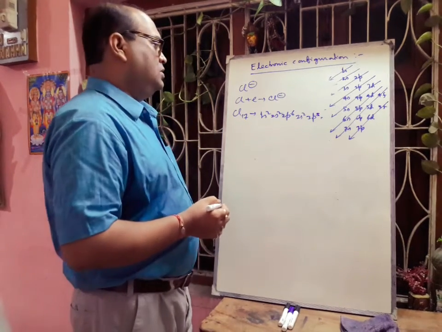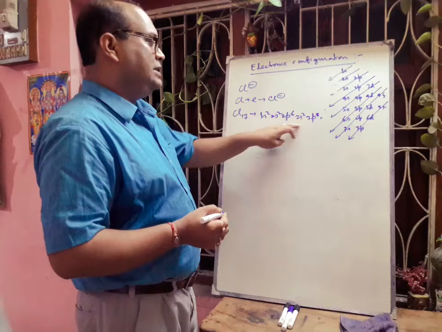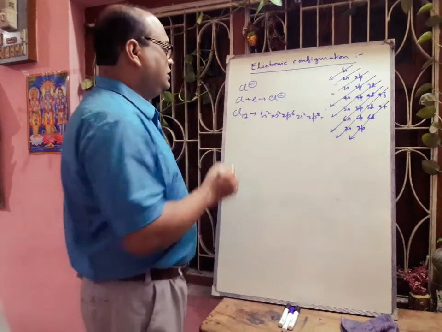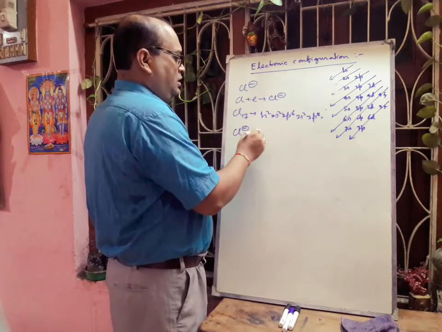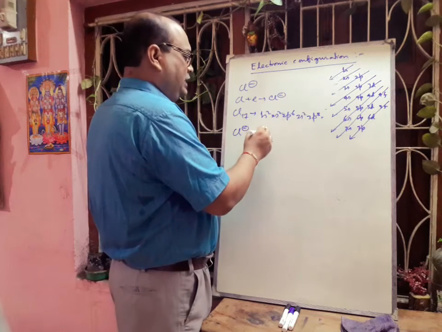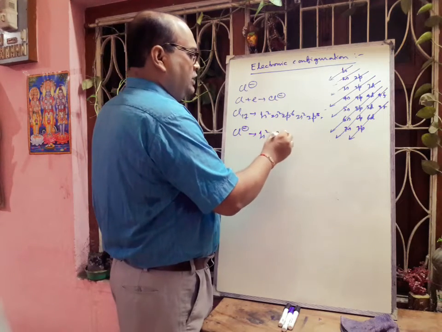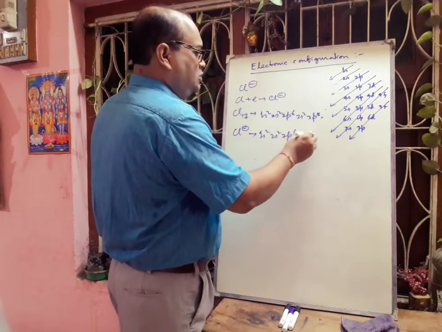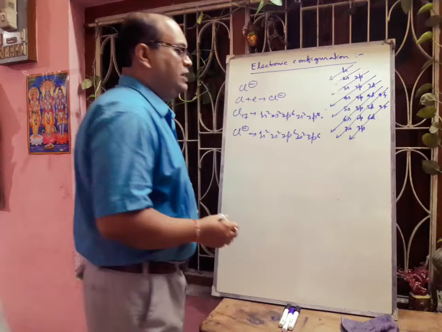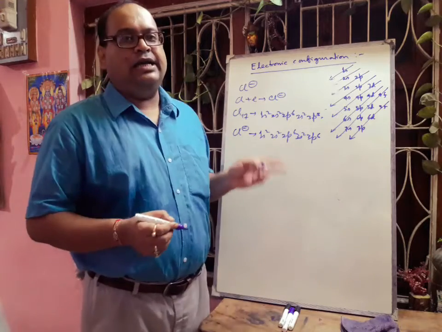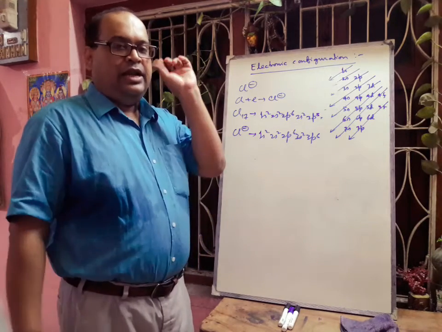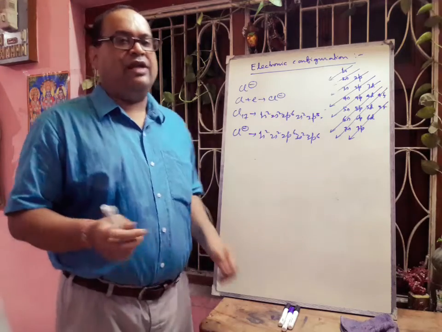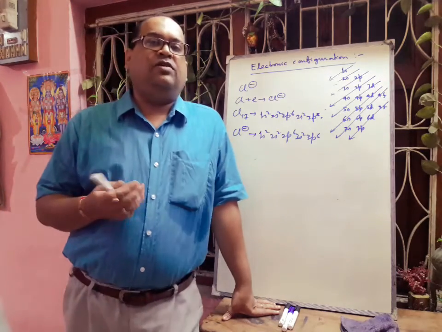So here the total number of electrons is 17. Now this will accept 1 electron in Cl minus and the total number of electrons becomes 18. So this will be 1s2, 2s2, 2p6, 3s2, 3p6. In this way we can easily write the electronic configuration of anions, which we will practice. Next we will discuss some anomalous electronic configurations, starting with niobium.